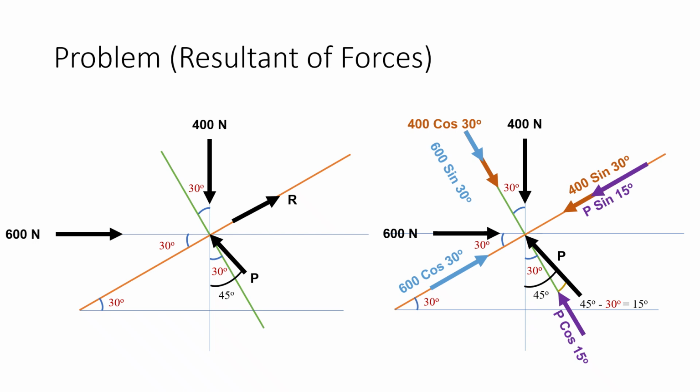Now what will be the components? Since it is acting inward to this origin point, both the x and y components will be acting inwards. The direction will be inwards. Similarly, for 600 Newton, it is acting inwards to the origin, hence the x and y components are also acting inwards. Similarly, for P as well, it is acting inwards to the origin, so the P sine theta and cos theta components will also be inward. So, once I have got all these components,